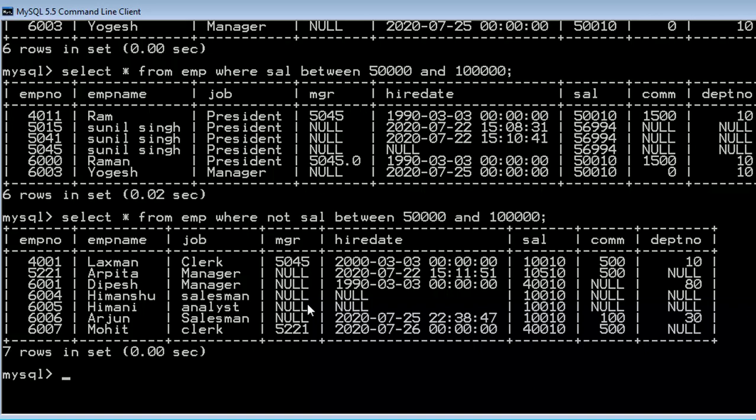And next we are going to learn the select clause in greater detail. We will be learning how to get distinct values in our columns and order by